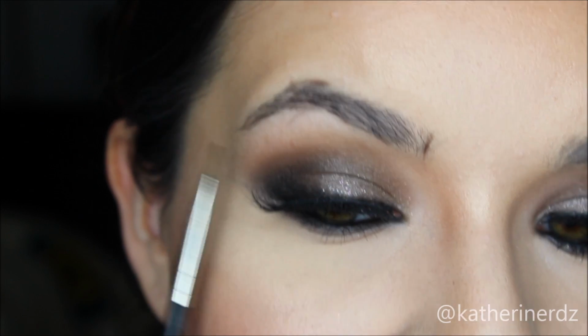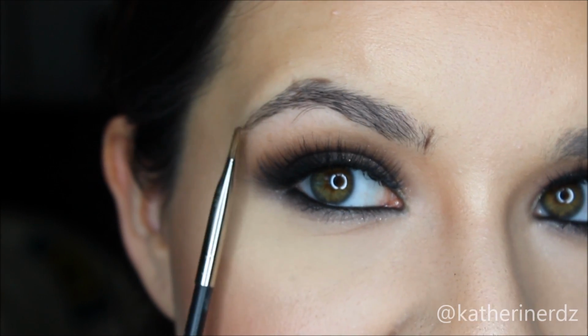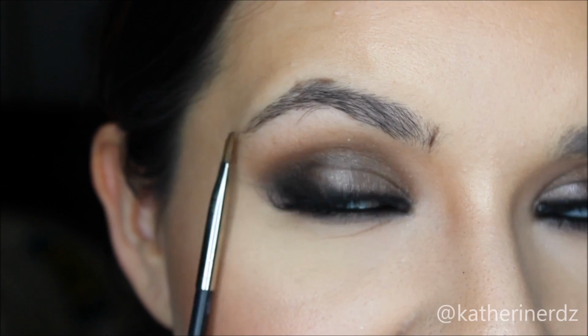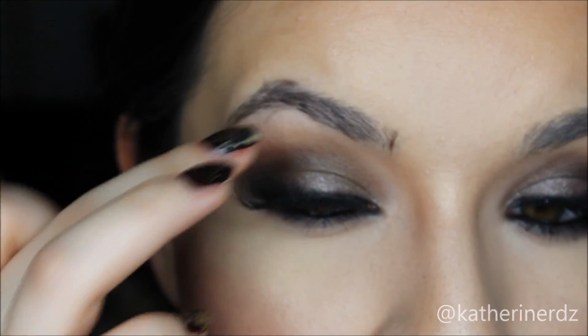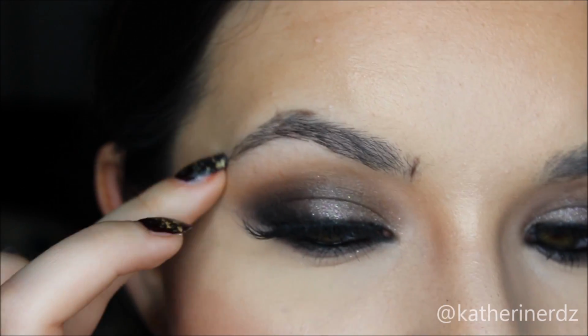And then for the tail of the brow, and this is going to be totally up to you, because more often than not, especially when I'm working on a client, I find that the tail of their brow never really is fully extended as far as their hair growth. So I always have to extend their tail a little bit. If you're new to filling in your brows, that may be a little bit uncomfortable or strange for you. You may feel like, whoa, my eyebrow looks huge. So if you're a little bit uncomfortable with that, then okay, just stick to where your hair stops to grow. But if you really don't have a tail at all, then I do suggest to find your tail,